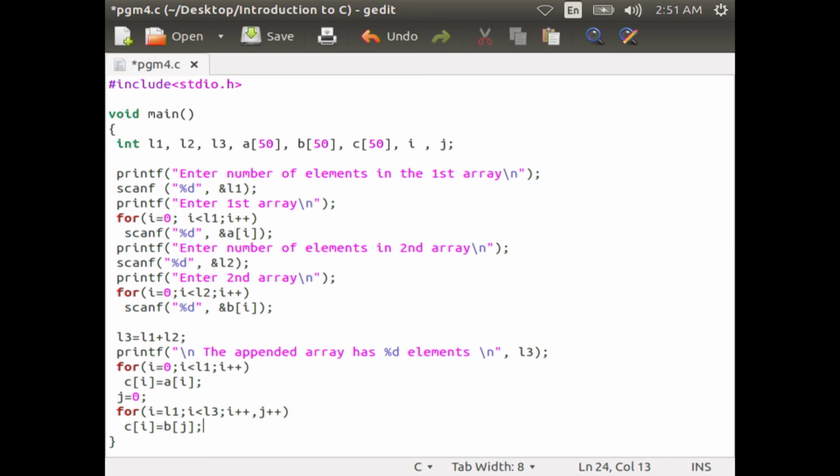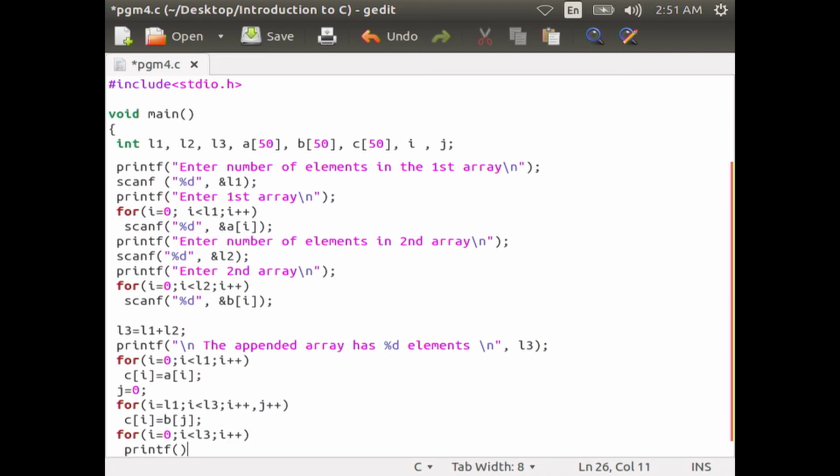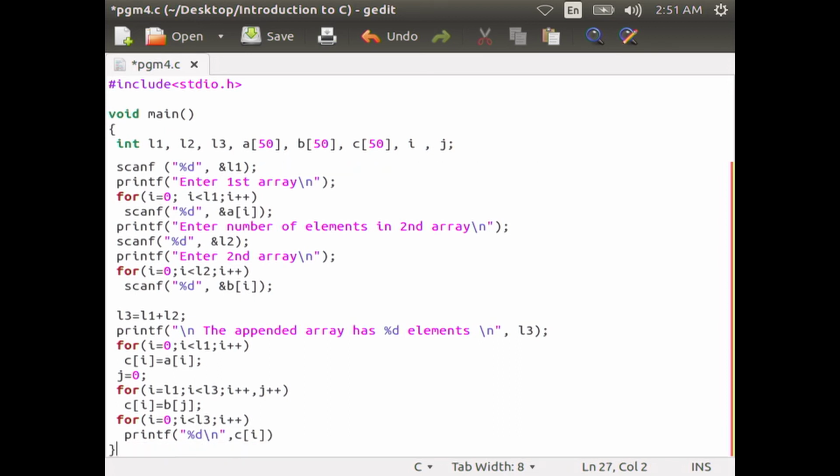Then C of i equal to B of j for i equal to 0, i less than i3, i plus plus. Printf, percentage %d comma C of i, and close the braces.